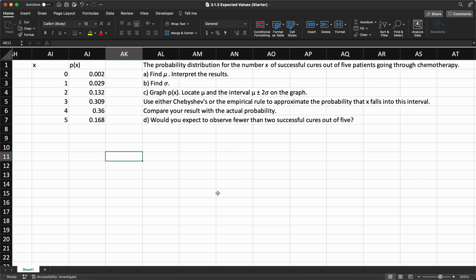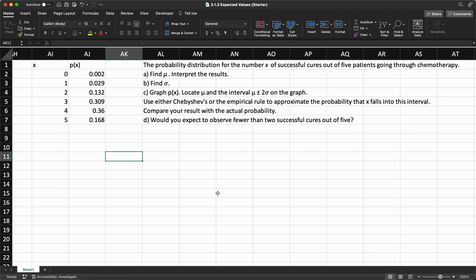In this video, we're going to go through a problem a little bit more in depth. So here we have the probability distribution for the number of successful cures out of 5 patients going through chemotherapy. These are skin cancer patients, and we're looking to find the expected value. We're looking to find the standard deviation. We're then going to graph the probability distribution, and we're going to figure out the interval where we're 2 standard